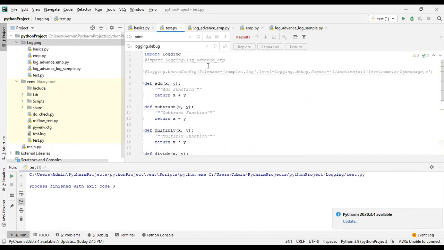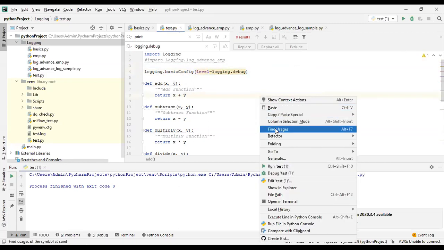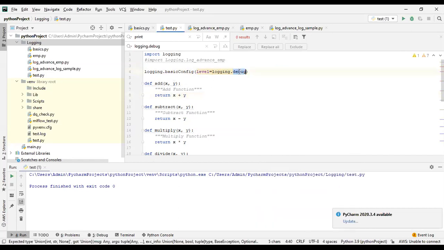We have to configure logging with basicConfig. Now, instead of print statements, we are able to see the logging information.